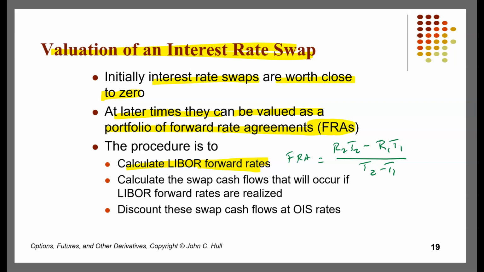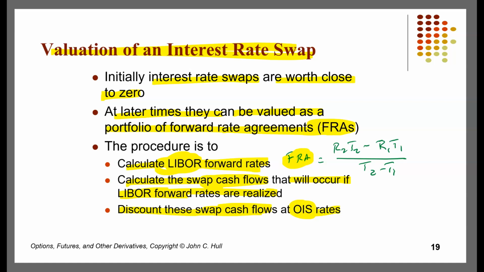We are suggesting that at each payment or each exchange, we are resetting, we are entering into a new forward rate agreement, or we have a series of forward rate agreements that are put together and form a portfolio. And for each one of these forward rate agreements, there is going to be the LIBOR rate that we are essentially going to forecast. We're going to use those LIBOR rates to compute the swap cash flows that would occur if those rates hold, and we're going to compute the present value of those cash flows using the OIS rate, which is